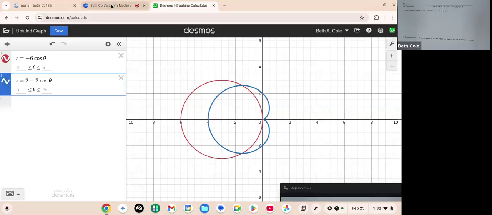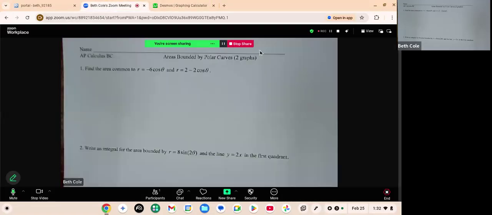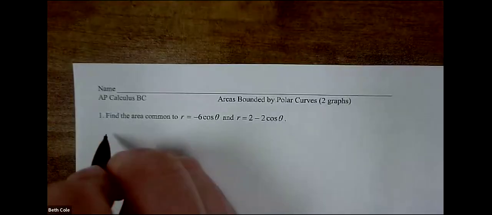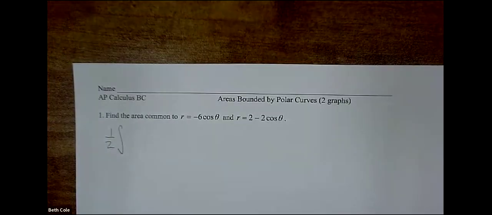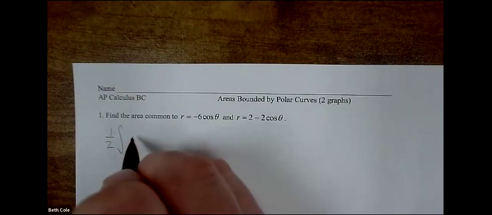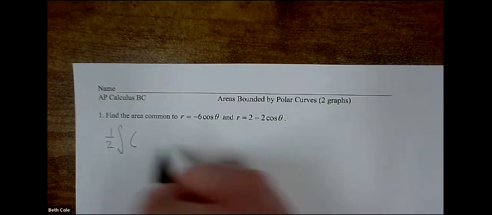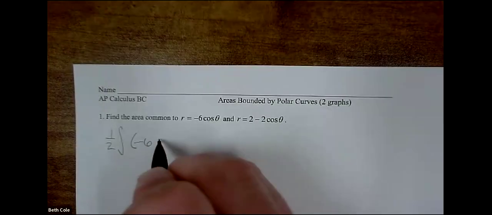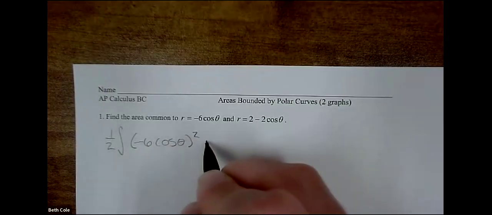Okay, because I'm going to go back and I'm going to set it up. You guys know me by this point. I'm a big fan of set it up blank, and then we can just go back and fill in the parts that we don't know. I feel like it calms me down. I'm like, okay, I started. Okay? So it's going to be 1/2 integral something to something of the, mine was the red one. It was the circle one, right? Yes, we want to do the circle first. All right. So -6 cosine theta squared d theta